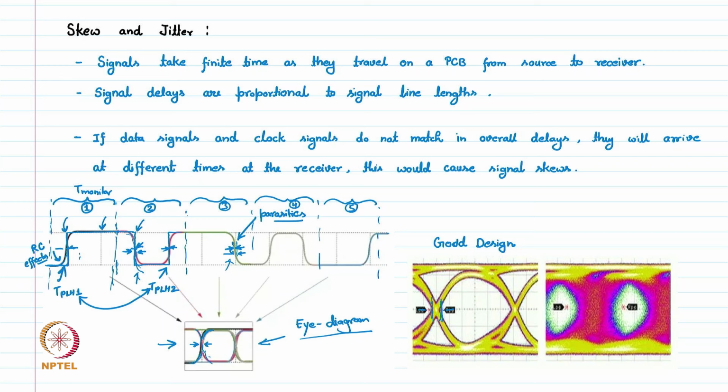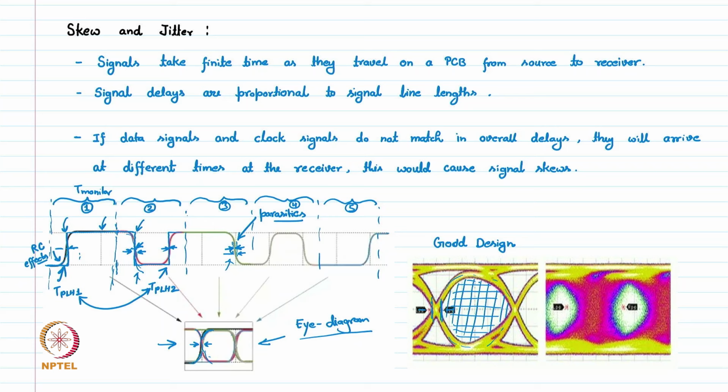We have delays which are very closely packed. They are not very different, and rise and fall are also relatively better. So we have so much area of the eye which is open. This area, we call the opening of the eye,